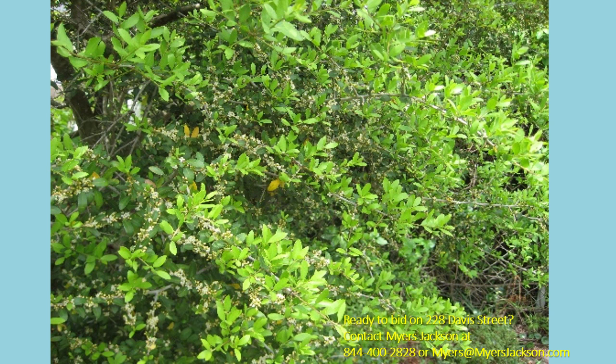In the northwest corner of the yard is a male yaupon holly tree. This tree has historic significance, as the Timucuan Indians who originally inhabited this area used to make a black tea from the leaves of the species, which they called cassina. If you plant a female yaupon holly tree, it will produce brilliant red berries all over in late fall to early winter. The male tree produces no berries, but it must be nearby the female tree to enable it to